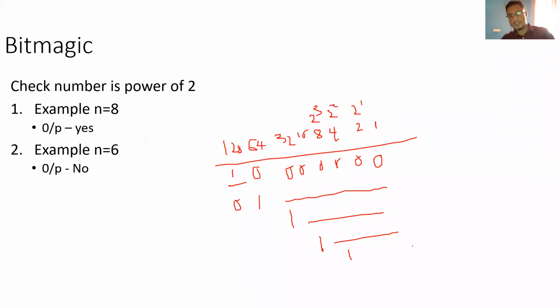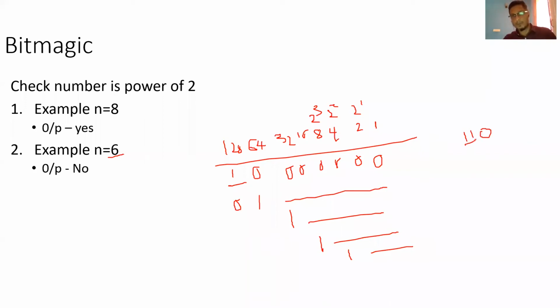So basically, if you check the number of bits set in that number and it turns out to be only one bit, then it is a power of 2. It's pretty simple, right? But if you have not done this exercise earlier, and someone asks you to check a power of 2, what generally people do is keep dividing that number by 2 and see if it ends up at some odd number that is not further divisible. For example, let's say 6, which will be represented as 1, 1, 0.